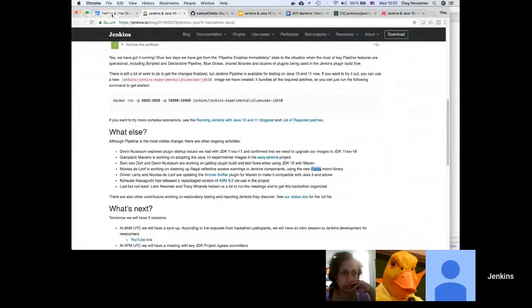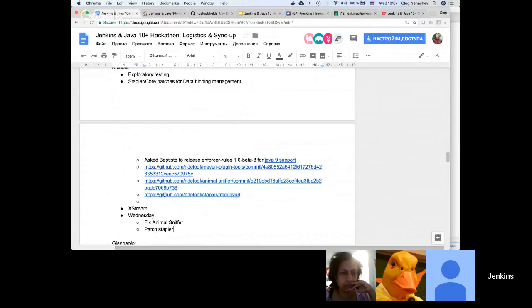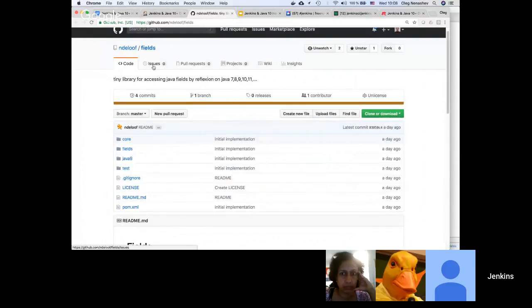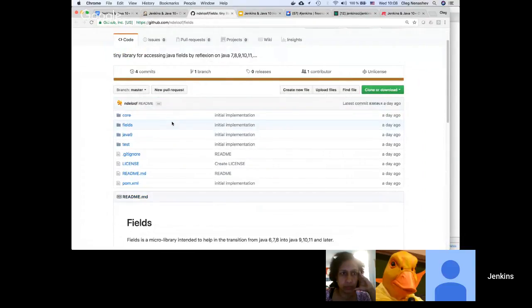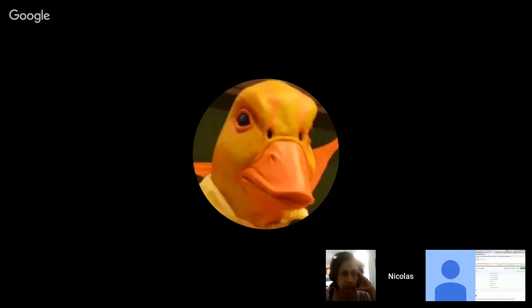Since Nicola was talking about the update, I guess that patching Stapler is related to this fields project. Is it correct? Yeah, exactly. Here I'm using the so-called multi-release jar, which means that within the same jar you have one class targeting, let's say, Java 8, and you provide the same class but for Java 9 or 10 or 11.